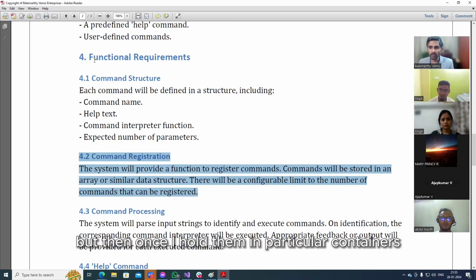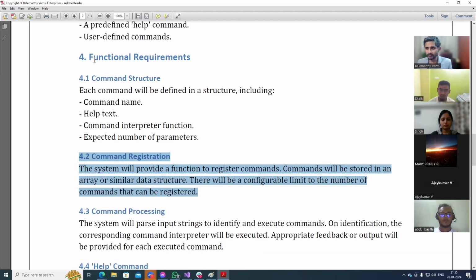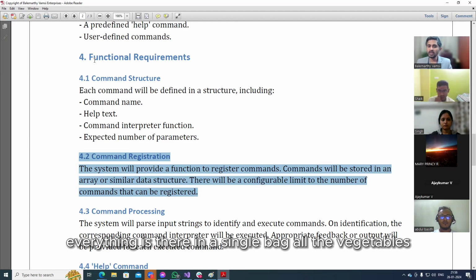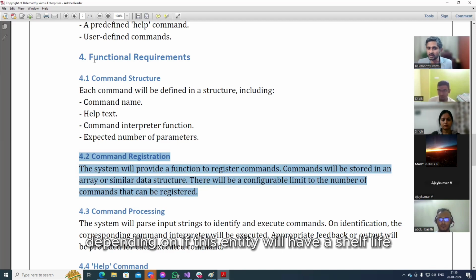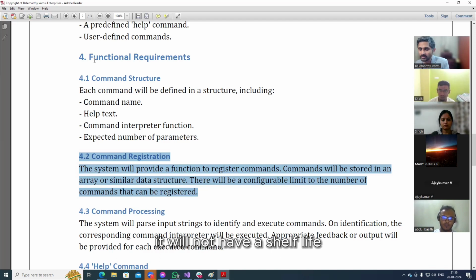But then once I hold them in particular containers, I need to store them. I came from the market, everything is there in a single bag, all the vegetables. I isolate the vegetables and I put them in respective covers or bags or whatever. Then I need to store them. Depending on if this entity will have a shelf life or will not have a shelf life.